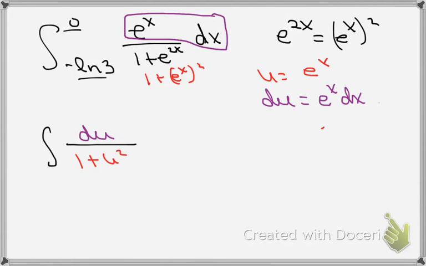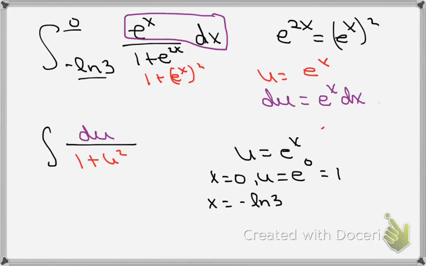And so the only thing that I need to change so that I can finish this up is that, as I mentioned before, the limits up at the top were for x. But I have a relationship now between x and u, namely that u is equal to e to the x. So when x is equal to 0, u is equal to e to the 0, or 1. And when x is equal to minus the natural log of 3, u is equal to,